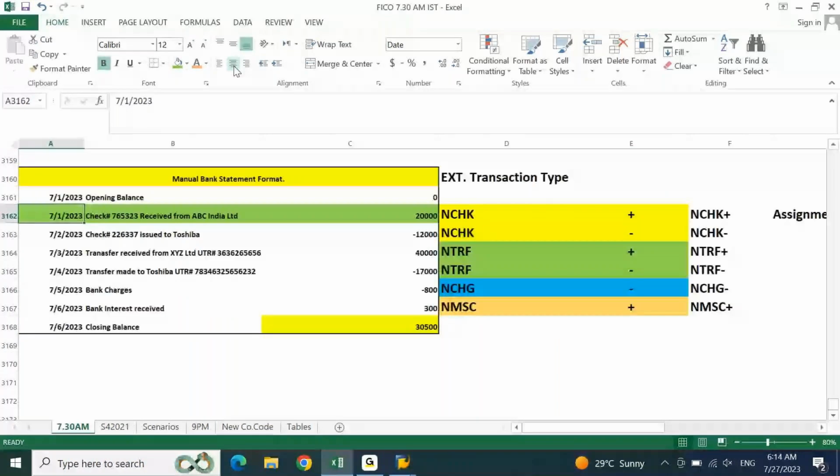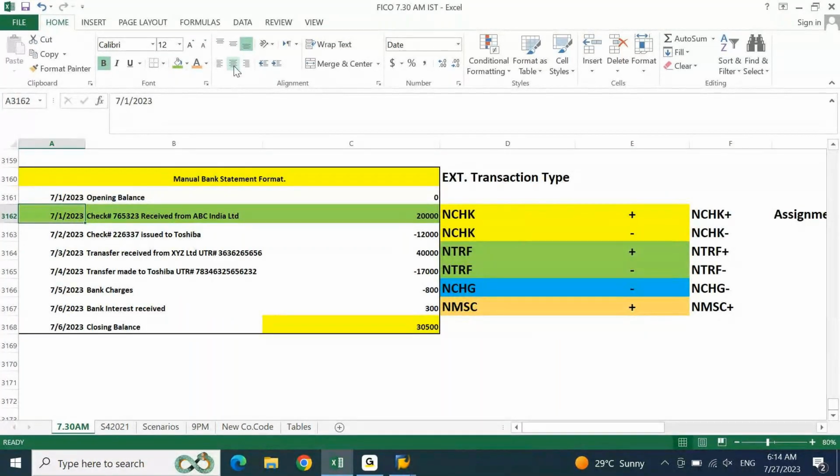Based on this, what the system is going to do is, in your payment document at your bank GL account line item, in the assignment column, whatever value you are maintaining must represent the check number, because for your NCHK related transactions, you have instructed the system to go and verify the assignment number